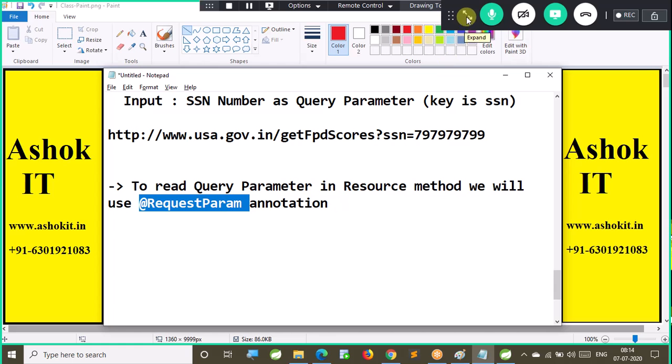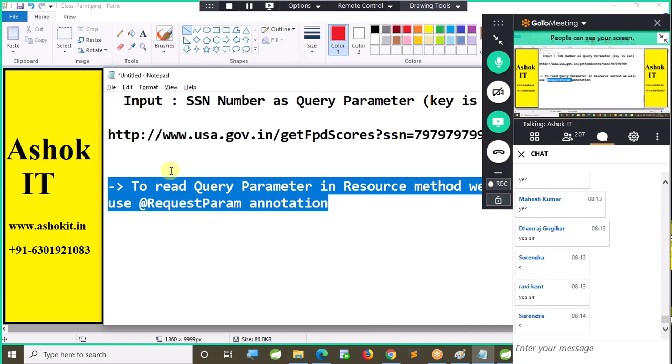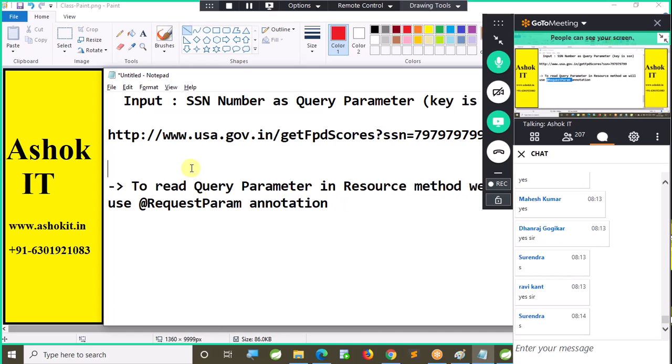So now, how are we dealing with the query parameters in our application? Here we are using Spring with REST. If you go for the JAX-RS API, it is the same concept. In the JAX-RS API also, query parameter is there. There is an annotation called @QueryParam, directly available in the JAX-RS API. But here we are not using JAX-RS. We are using Spring with REST, Spring MVC.